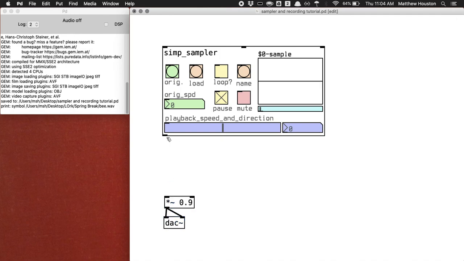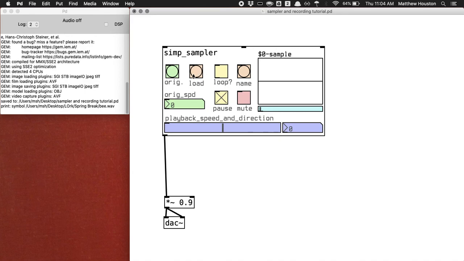So at this point, I can simply connect the sampler to my amplifier and DAC, and I'm almost ready to play. I'm going to hit Command E here so that I can interact with the simple sampler,